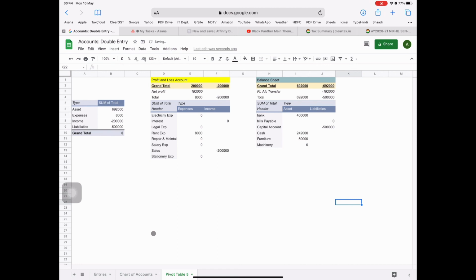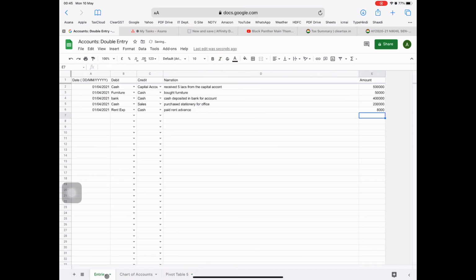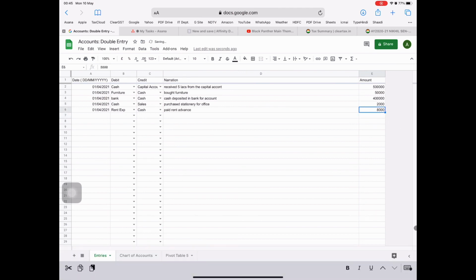Like here it's changed the value, then the net loss has arisen for rupees 6,000. You can see our balance sheet has also changed. The 6,000 is shown in the debit side, that is asset side.